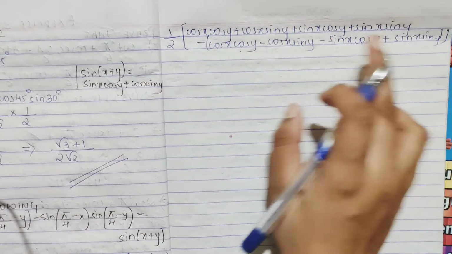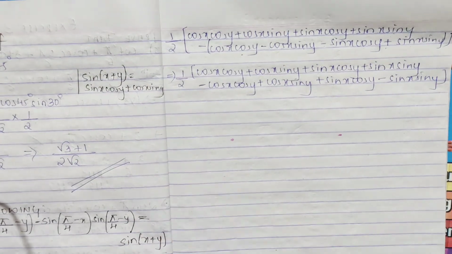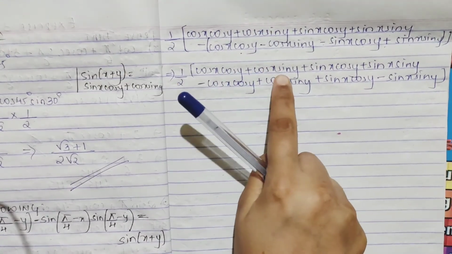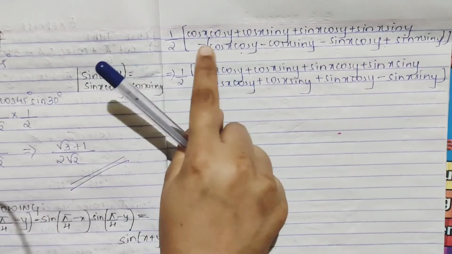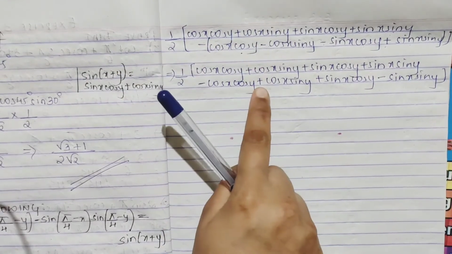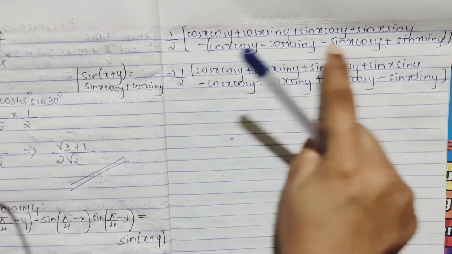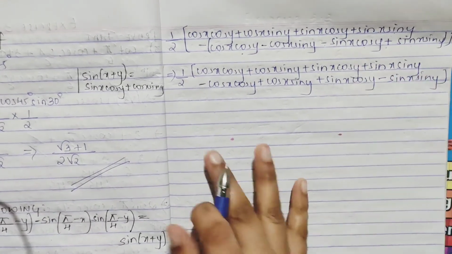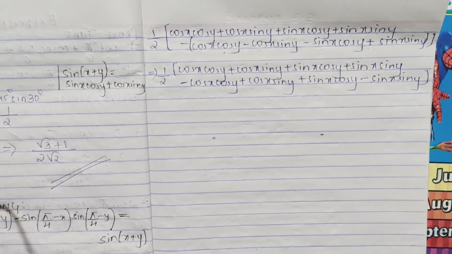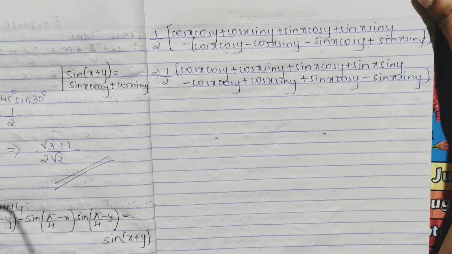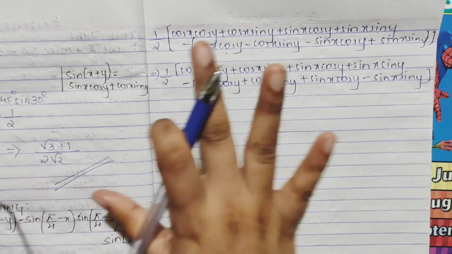Here the minus sign, just open up the bracket with the minus signs. So you can see cos x cos y plus cos x sin y plus sin x cos y plus sin x sin y, minus cos x cos y, minus into minus plus cos x sin y, minus into minus plus sin x cos y, minus into plus is minus sin x sin y. Understood? So later, if minus sign is there, you get confused with that. So whenever you solve, and a minus term's sign is there, first keep that minus sign as it is, and then take it at the last.